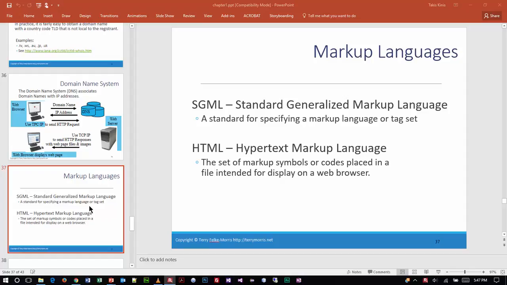But let's talk about the history of markup languages, where they come from, and kind of where they're going. You see on the slide here, that first bullet, they talk about a markup language called SGML, Standard Generalized Markup Language. And what this was designed for was the printing environment, back in the early days of electronic prepress,